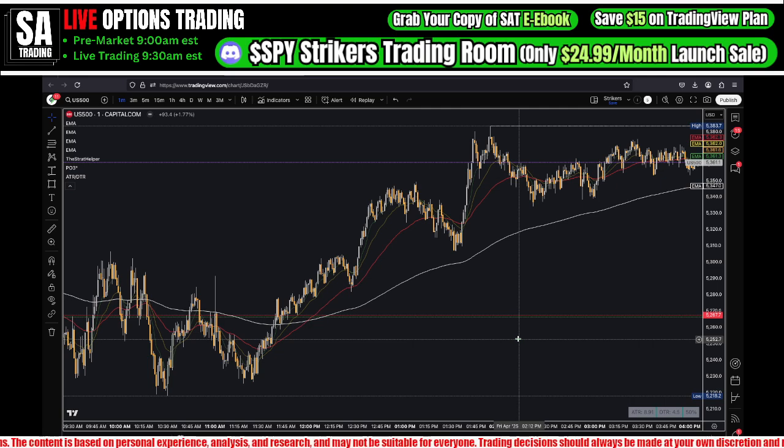Or you can't withstand any moves in either direction. You're not giving yourself the best opportunity to be right, because you're going to get stopped out fairly quickly unless the move takes place very fast. So the ATR, I use the ATR in a way to kind of measure my stop,